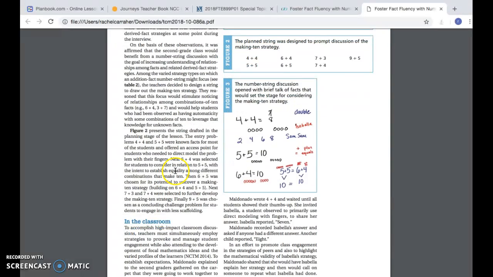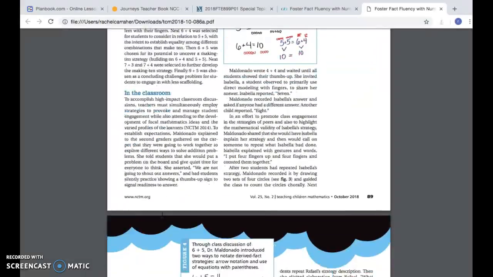So next she went to 6 plus 4 with the relation to 5 plus 5 because they both equal 10. So in this problem she was asking why and how and if are these two numbers equal, 6 plus 4 and 5 plus 5. And she allowed the students to talk. And next she did 7 plus 3 and 7 plus 4. And what she found is that a lot of students